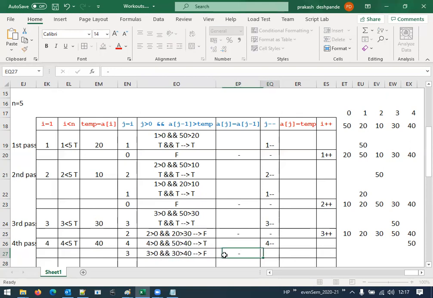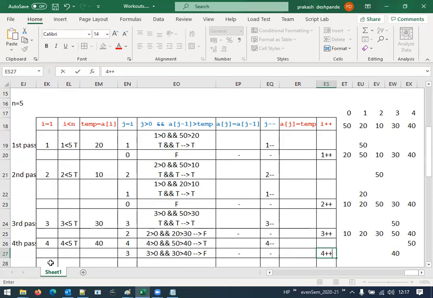Since it gives a false value, inner for loop will get terminated, right? After its termination, we are going to update a of j equal to temp. So j is 3. So at third position here, what we get? We get temp value. Temp is what? 40. And then I plus plus, I becomes, that is 4 plus plus.